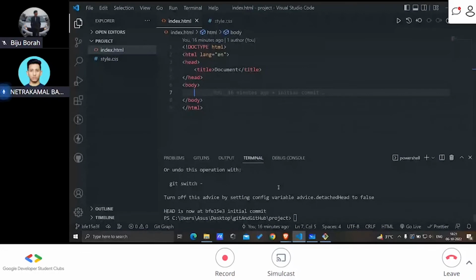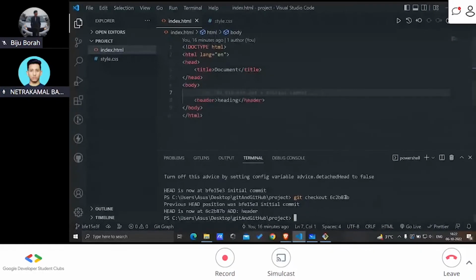I can also travel from here to the add header commit. I think which is this one, I guess. No, yes, maybe this one. Okay, this is the add header commit with this hash. Okay, so this is the add header commit, and you can see the header here. So we have traveled from the initial commit to the add header commit,